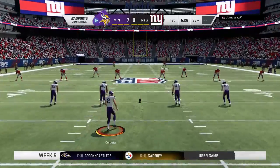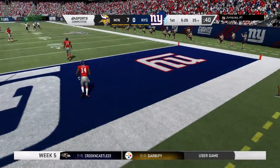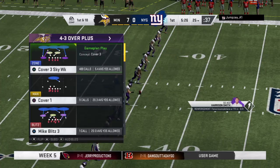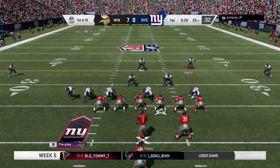Set now to kick this one away, and off it goes. And that'll carry over the back line of the end zone for a touchback. Here we go. Now the roof. Check right 54. Right 54. Crunch time,